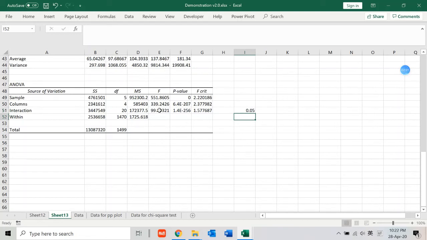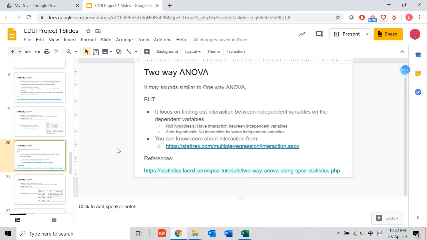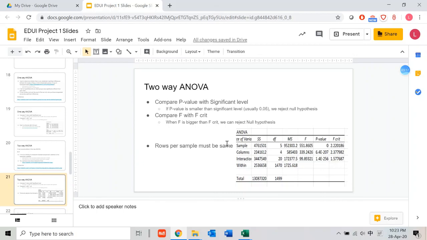So in this case again, because the F value is bigger than the F critical value and the p-value is smaller than 0.05, the data provide sufficient evidence for us to reject the null hypothesis, which in that case is that there's no interaction between all these independent variables that I have chosen. Okay, so yeah,